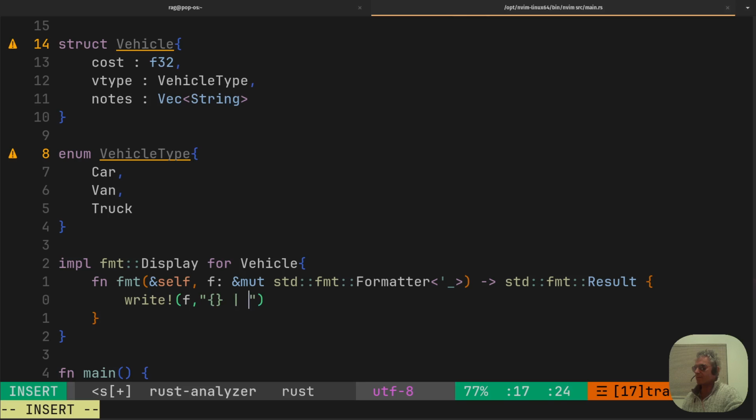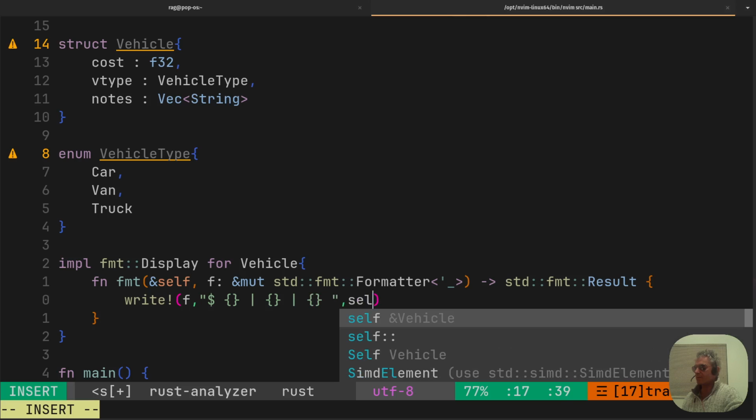So we'll do the price. Actually, we want to do the price first, don't we? Do dollars. That dollar there is just the string of the cost. Then we'll do the notes. So that just goes like that. Another separator. So then we'll actually pass in the self.v type,